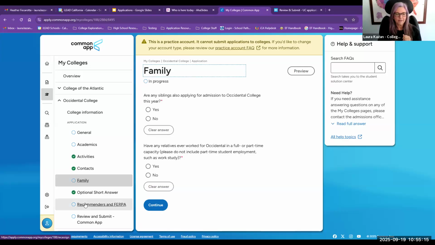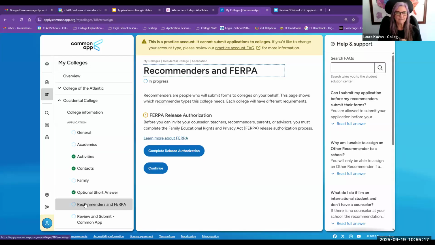Now, the fun one. Recommenders and FERPA. This goes with my friend Heather Fekarota's pet peeve, which I will allow her to talk about in just a second. I'm going to show you where her pet peeve lives. And then I am going to let her tell you about her pet peeve. FERPA